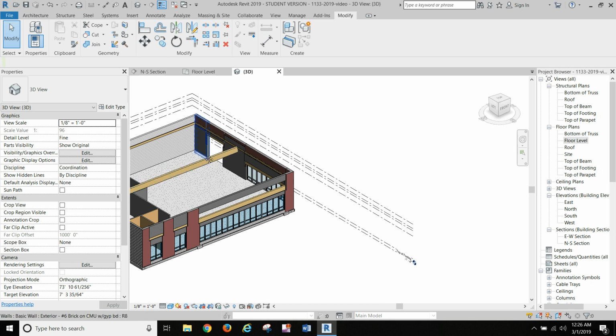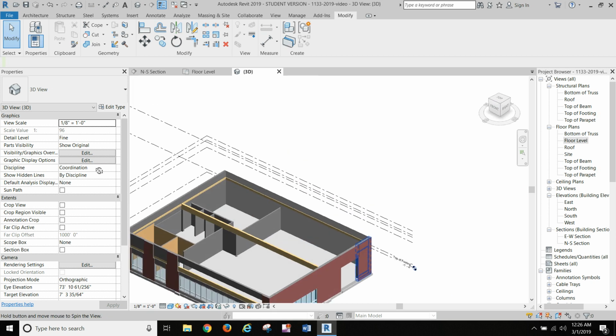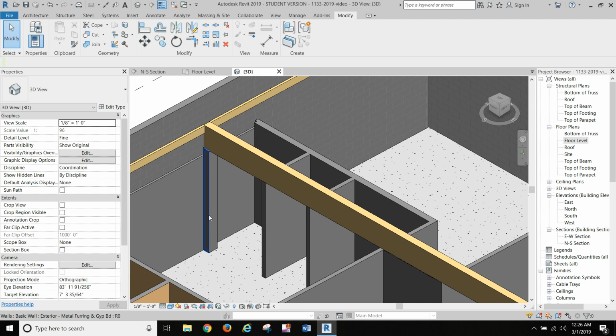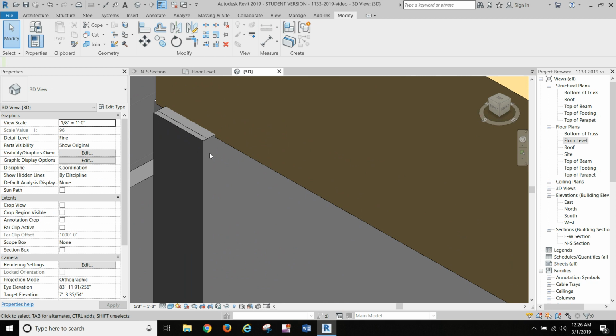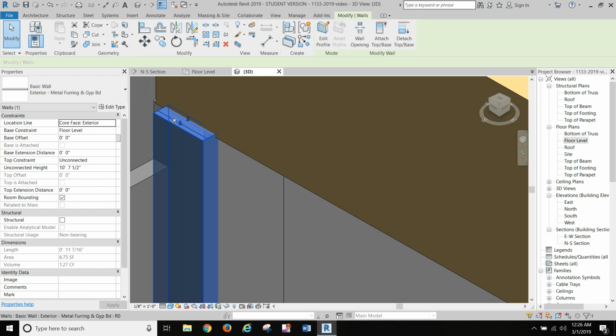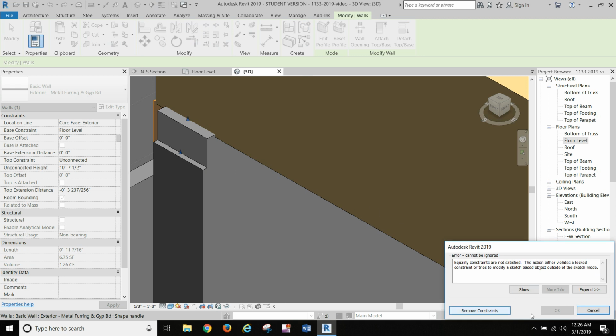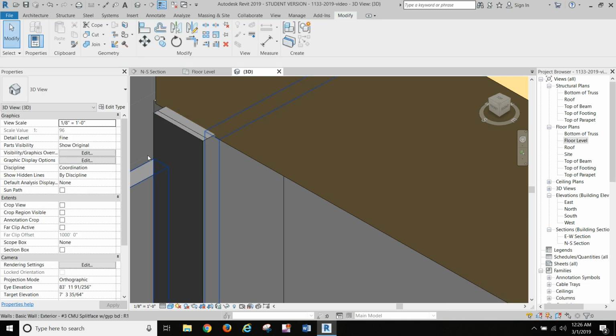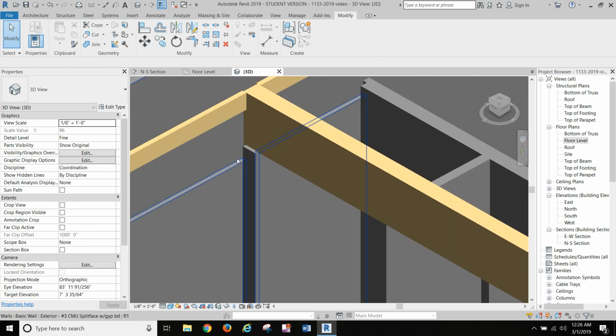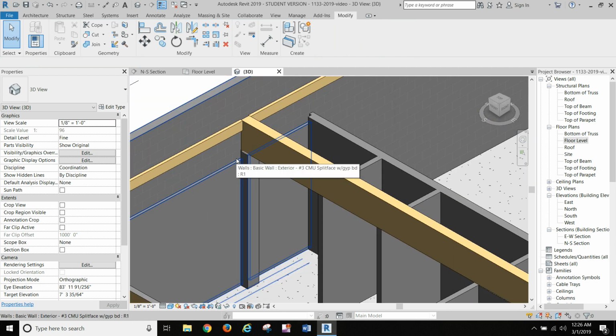Let me swing back around to the other view here. Okay, and now this pilaster, of course, goes from the footings and it goes up to the beam. I ran into a little issue with, for some reason, I haven't played with fixing it yet. As you're going to see as you're building this model, okay,